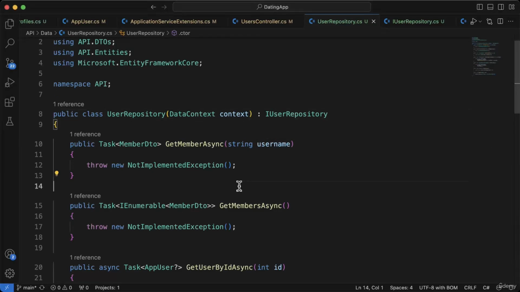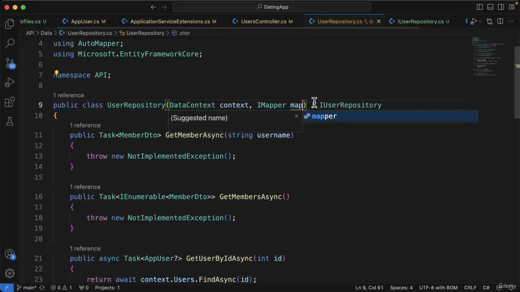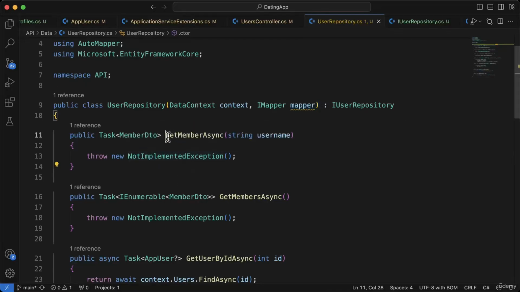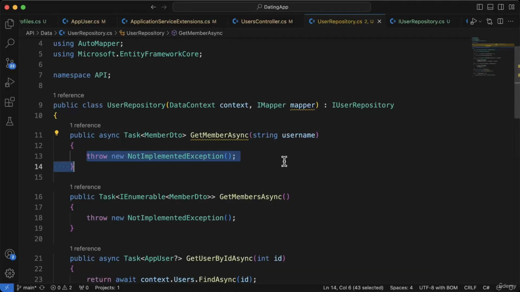Now inside this repository, we are going to also inject IMapper into this. So I'm going to say IMapper and mapper, and then we can use AutoMapper to project into a MemberDto from an AppUser. So let's see how this works. So we'll start off with the GetMemberAsync. And this is going to be an async task. And we're going to return